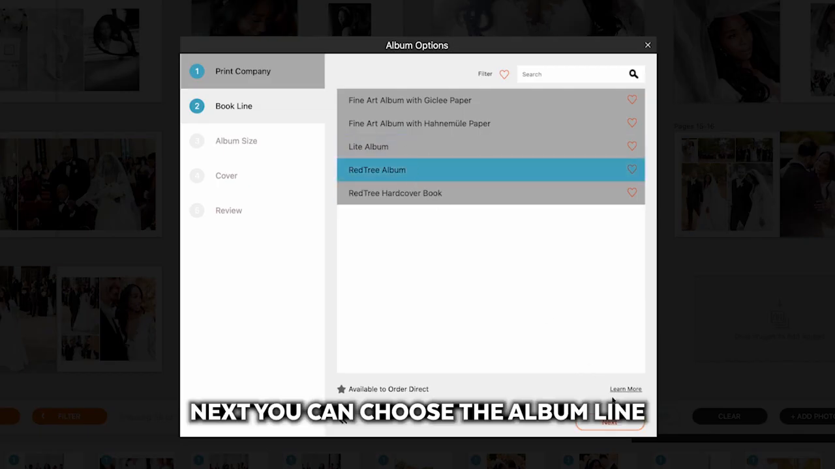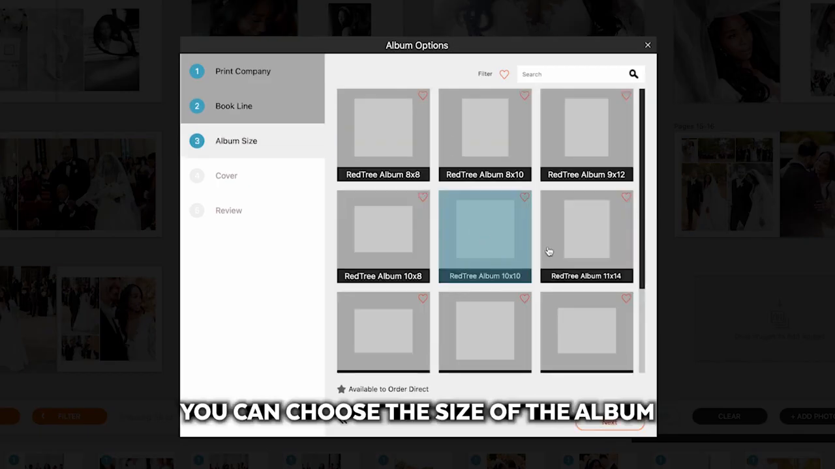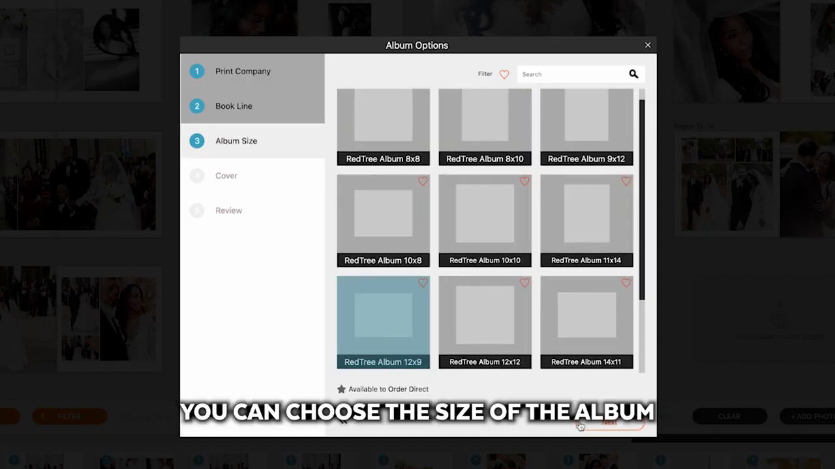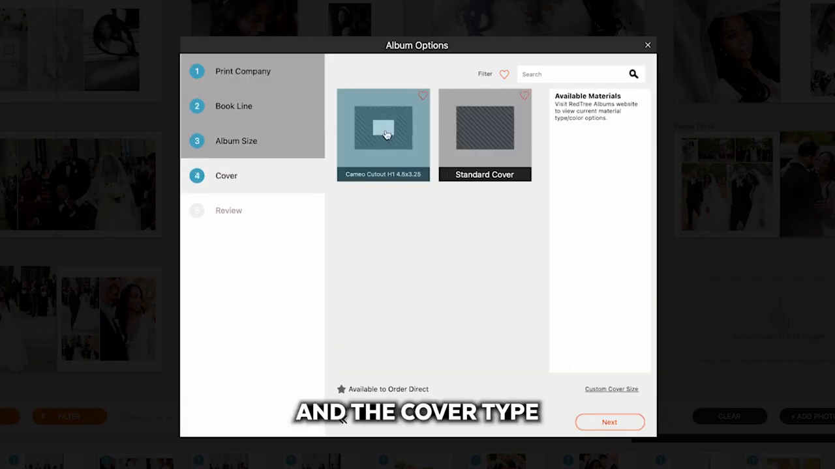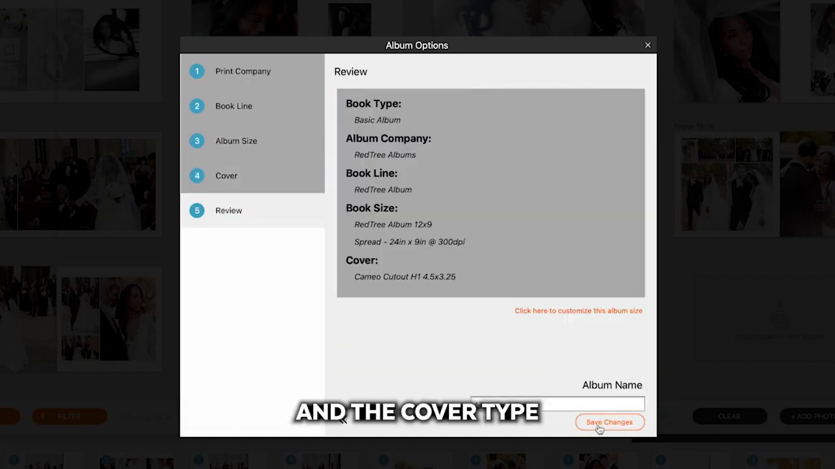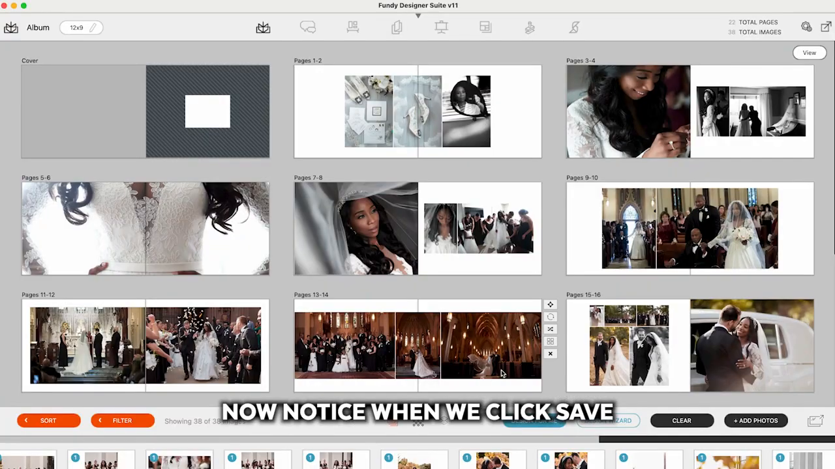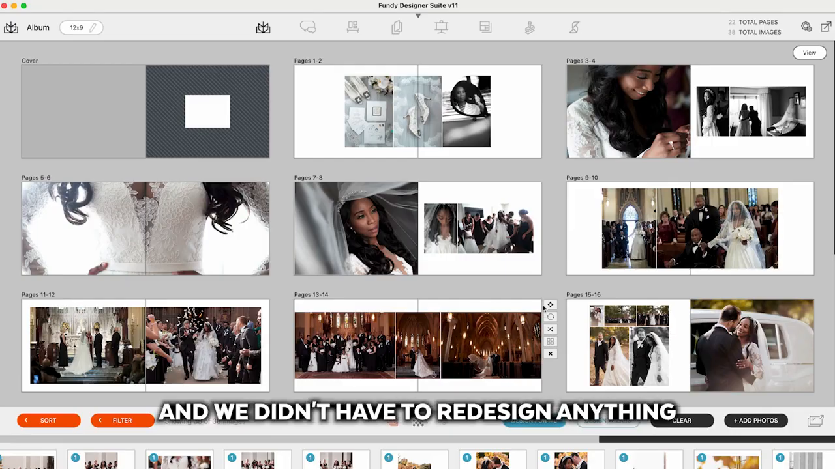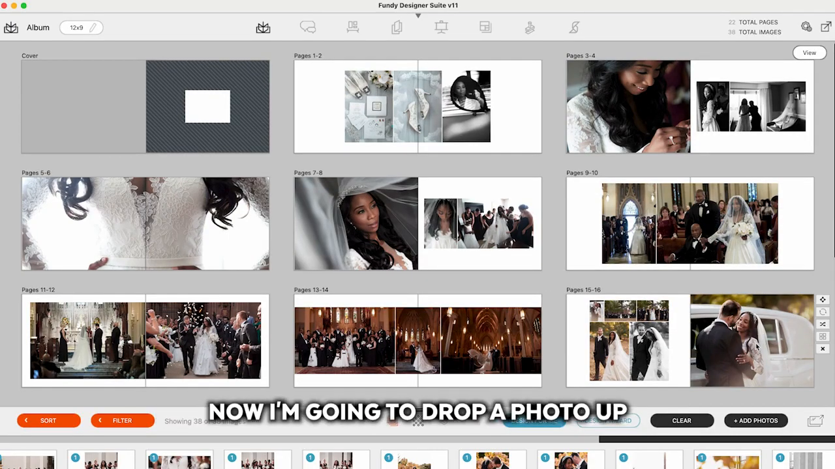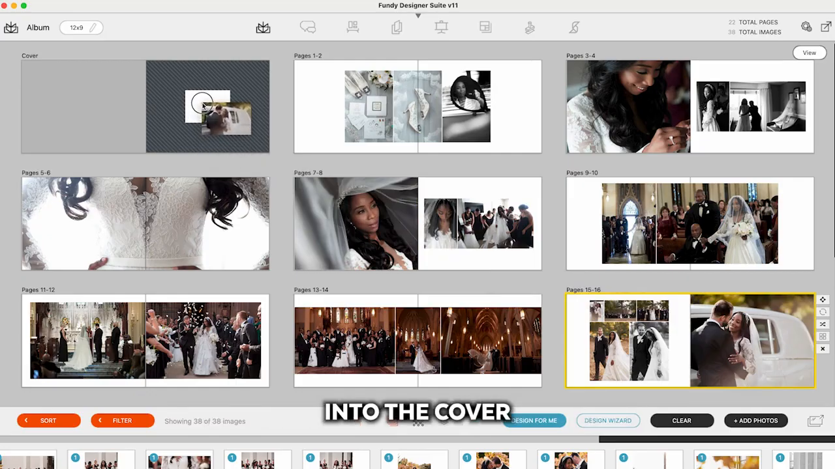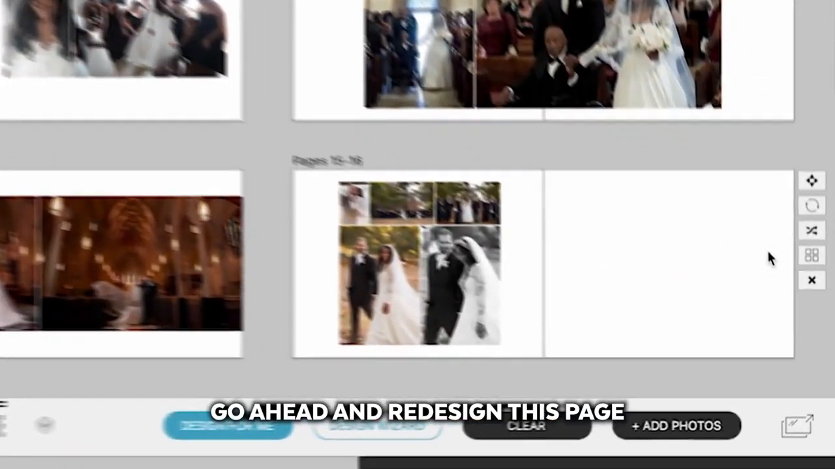Next, you can choose the album line. You can choose the size of the album and the cover type. Now, notice when we click Save, the whole album has been redesigned with the different size, and we didn't have to redesign anything. Now I'm going to drop a photo up into the cover here,